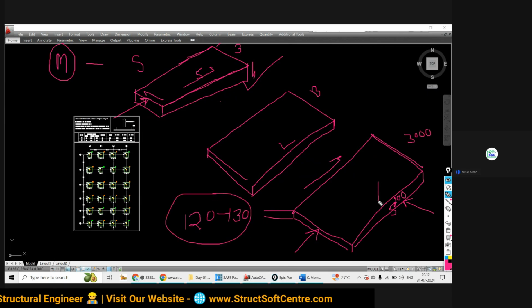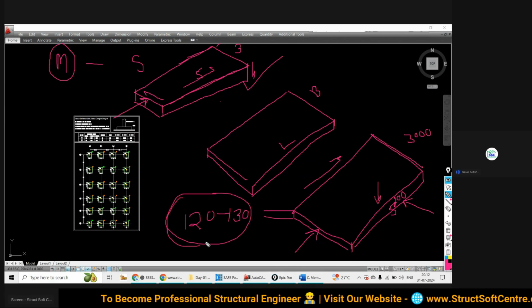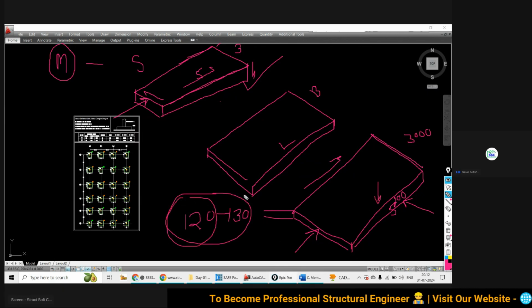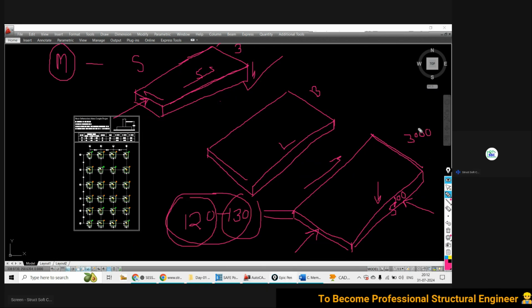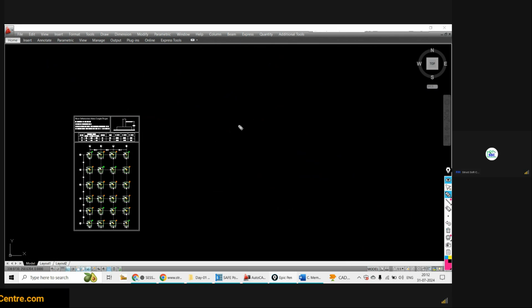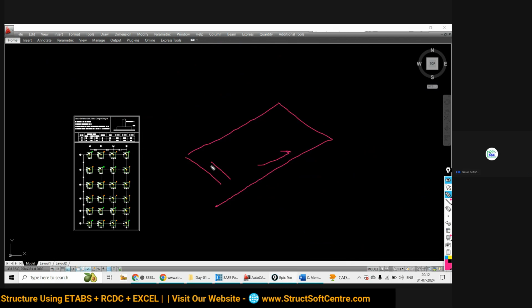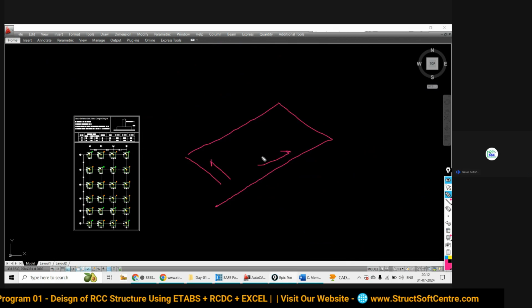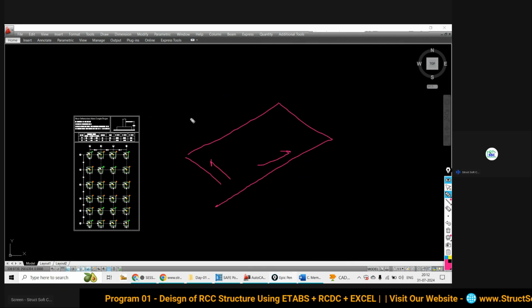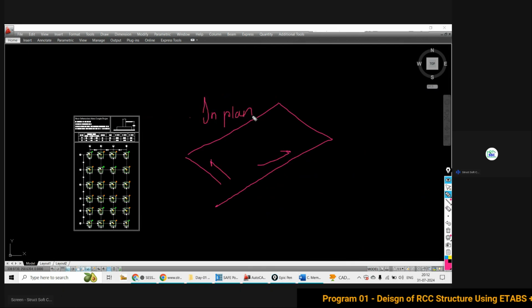If I apply the load in this direction, the resisting span is only 120 or 130, which is very small in comparison to the other two dimensions. So these two directions, this direction and this direction, are called in plane stiffness.